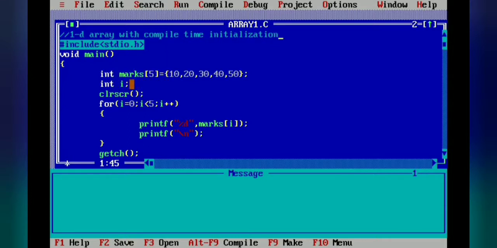Internally it is marks 0, marks 1, marks 2, marks 3 and marks 4. Like this the 5 separate variables are there, and in each and every variable this value will be stored, means 10 will be stored into marks 0, then 20 will be stored into marks 1, 30 into marks 2, 40 into marks 3, and 50 will be stored into marks 4.